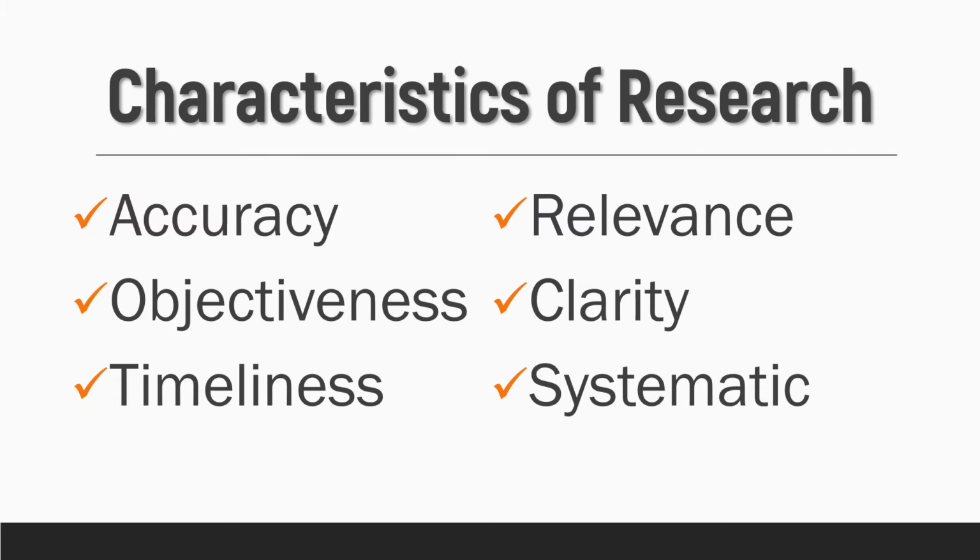When we say accuracy, when we conduct our research, as much as possible, we make sure that our facts, our information are accurate. When we say accurate, it should be truthful. It should not be lies. It should not be fake. So everything that we present in our research should be based on facts. It should be accurate so that our readers will be informed very well of how your research went.